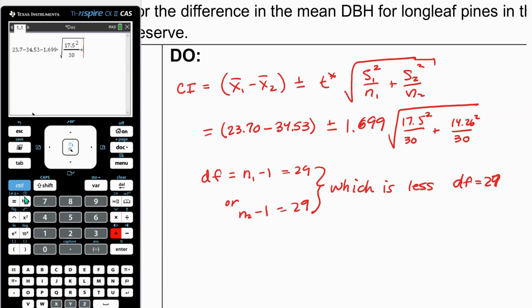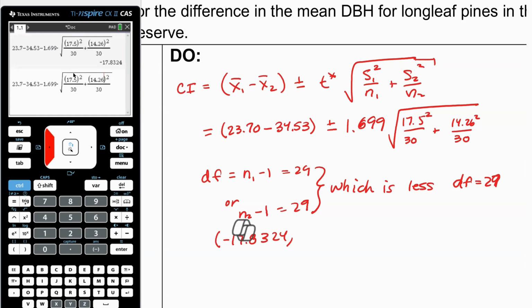And to add to that, I'll go the fraction 14.26 squared divided by 30. And we get as our lower bound negative 17.8324. And then if I go up here, I can adjust the plus minus to a plus, and we get negative